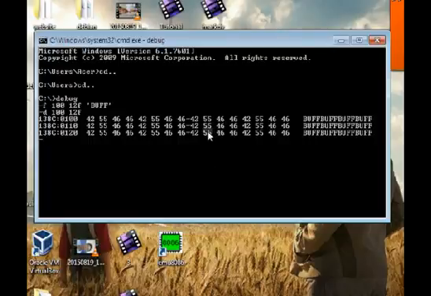Next thing we're going to try is compare. Comparing two registers from each other within a range.